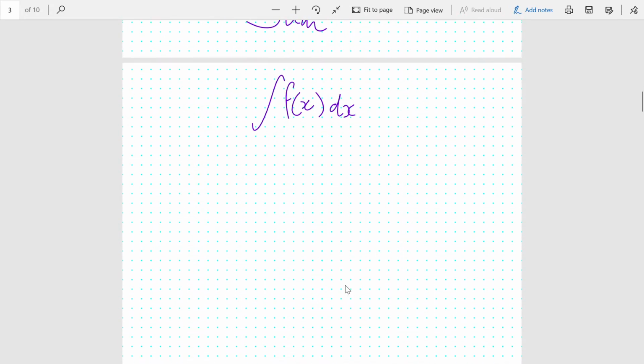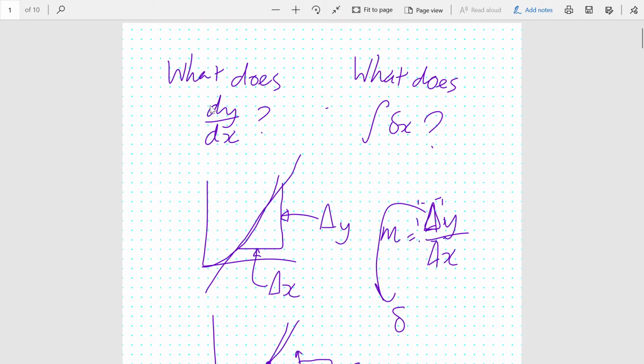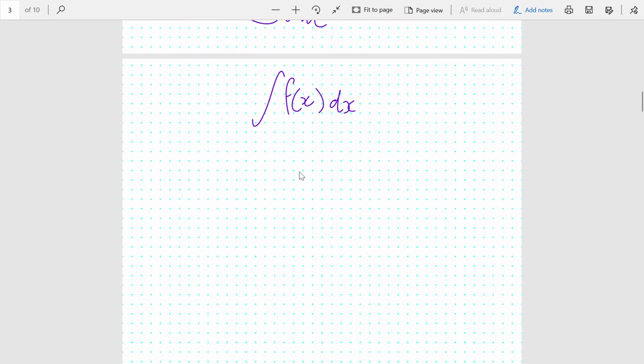Now, one thing that is yet to be cleared up is, why does dy over dx, when you integrate dy over dx, why do you go back to y? So the thing really that's happening there is that for integrating, say you have some function y is blah blah blah x, and if you differentiate it, you get dy over dx. So if you integrate it, you integrate dy over dx